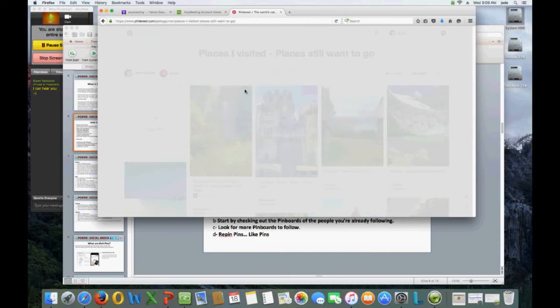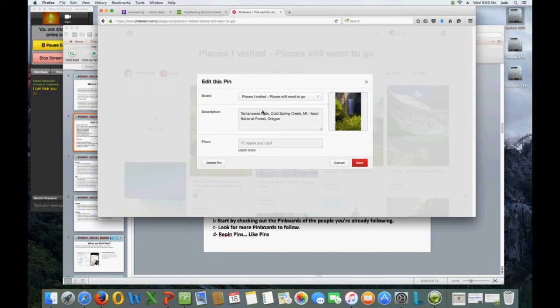Or you can edit this pin, which means you can tag the places, or name the board and add a description. You can add things to this, and you can delete the pin, anything. It's very easy to use.